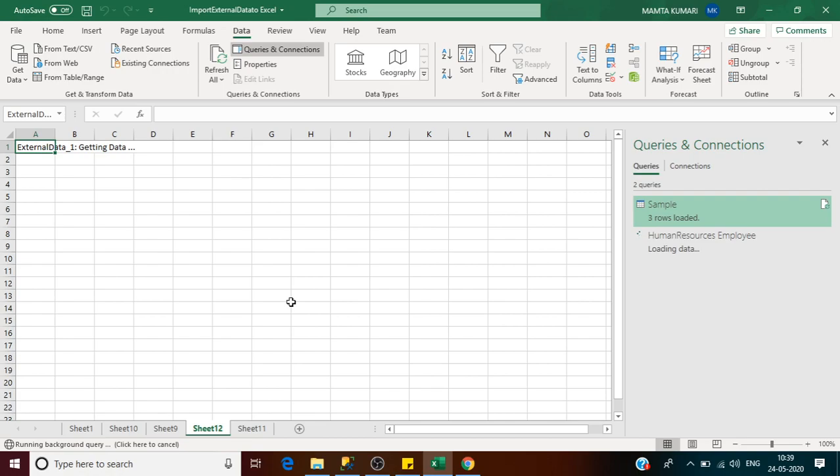Just wait for a couple of seconds. It will be loaded. And you can notice that we are getting a progress message as well, that Excel is trying to import the data from the data table. Here you can see the loading data. On the right hand side also you can see that it is going on.